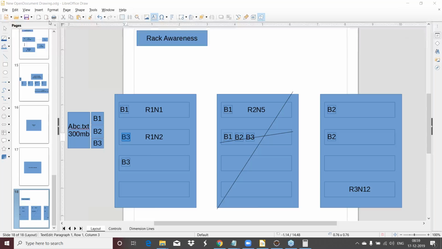B1 R1, B1 R2, and why not B1 R3? Okay, that's a very good question. What Venkatesh is asking is, Sarvesh, you are making the first copy of B1 available in this rack, the second copy in this rack. Don't you think that if you make the third copy available in the third rack, that would be a more reliable solution? So of course, yes, that would be a more reliable solution, but at the same time,